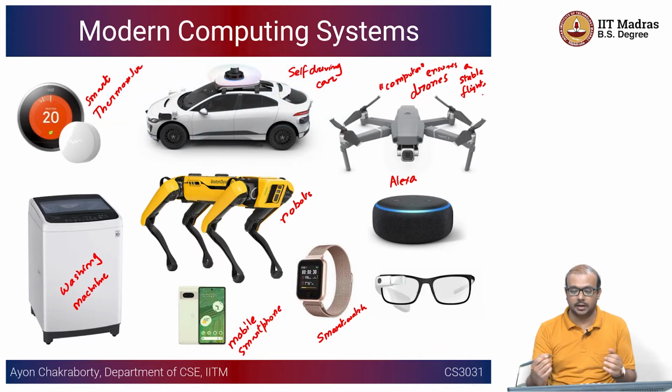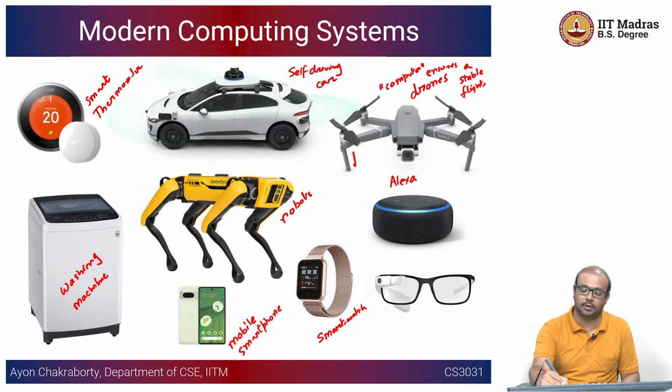For example, pressure sensor, altitude sensor, inertial sensor that measures acceleration, and so on. And using this sensory data, the computer has to decide how much power it wants to put in one of these or all of these propellers, right? How much thrust it has to put, and based on that the drone will be able to balance itself in